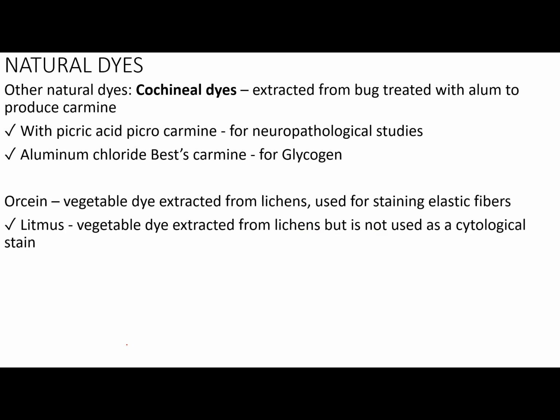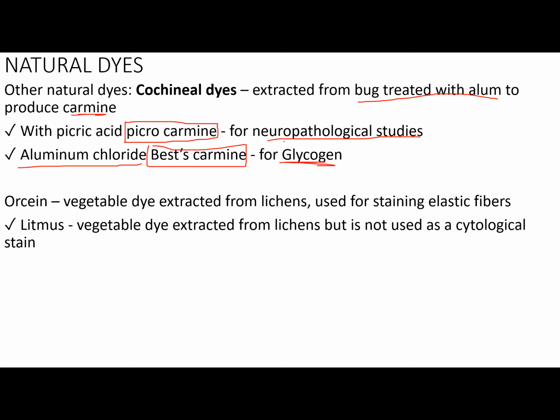Now, another example of the natural dye class is the coccineal dye. This is extracted from a bug and treated with alum to produce carmine. Here, you would use picric acid, forming picrocarmine. Picrocarmine is used for neuropathological studies. Then we have carmine with aluminum chloride, which forms Best carmine. Best carmine is used for